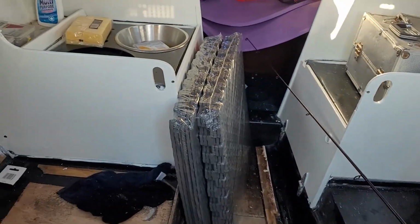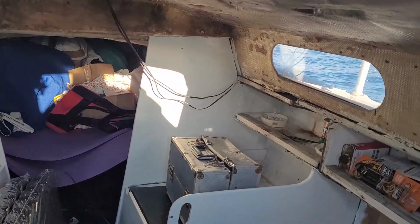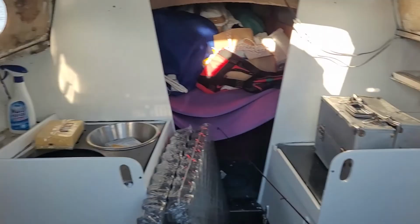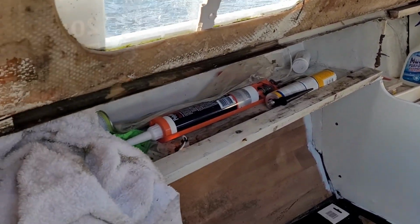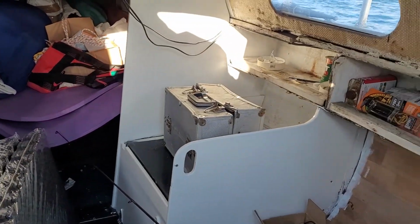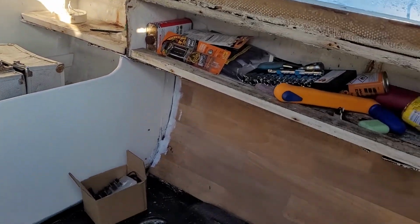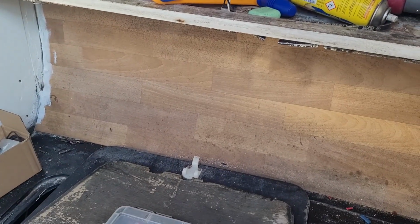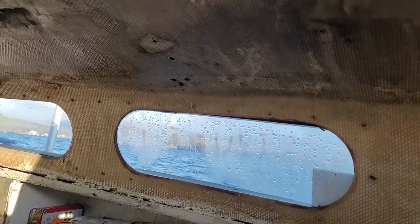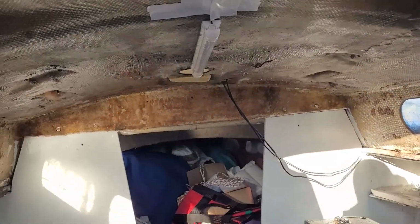I've painted all this white in here to tidy it up. I've got all this to tidy up yet. I'm going to put new shelves in, because the shelves are a bit rotten, you can see in places. So they're all going to get replaced with some new wood, which I've got at home. And then that lino on the side there is going to get covered in carpet. Same up here, new roof lining,